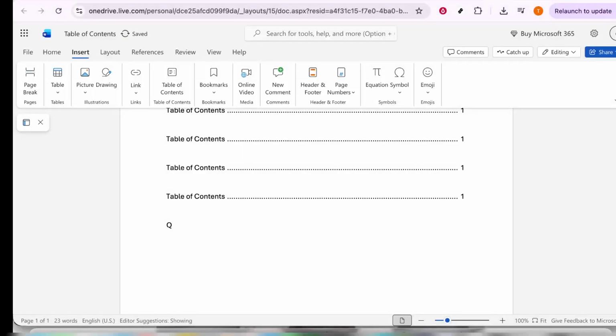In today's video, I'm going to teach you how to convert a Word document into a PDF file. Whether you're looking to preserve the formatting of your document, share it with others who may not have Word, or simply create a final version that ensures readability across different devices and platforms, converting your Word file to a PDF